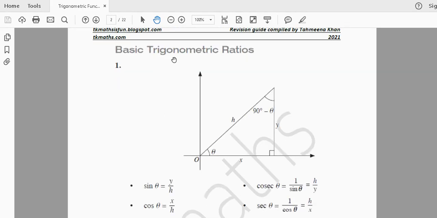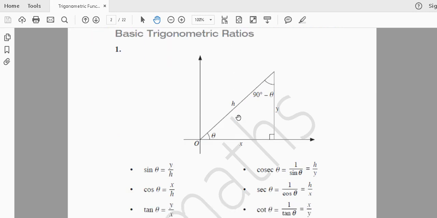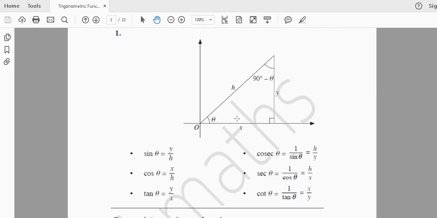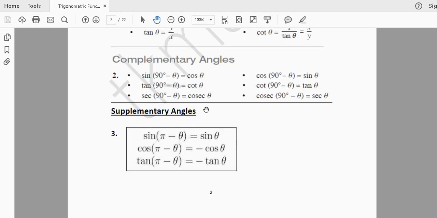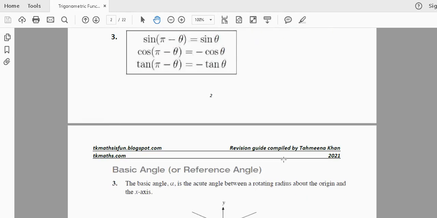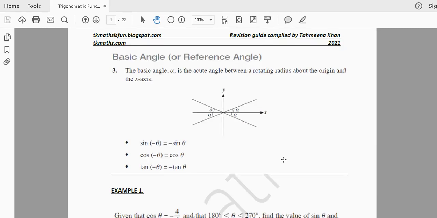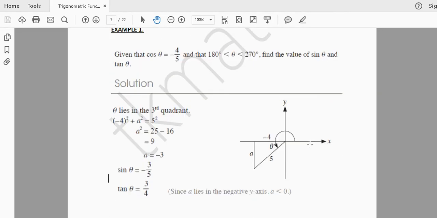So you should have a very clear idea of what the basic trigonometric ratios are. Like I said, I will not explain here. I'm just going through what you need to know. There are certain formulae which you should know because they are not given to you in the formula sheet which is provided to you in the exam. You should be able to make a connection between the basic angle, which is also called a reference angle, and the general angle. And with reference to that, you should be able to solve such types of questions.